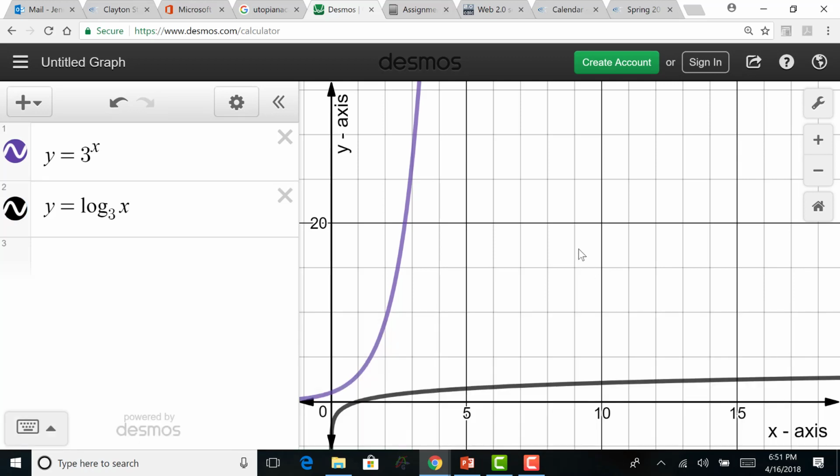And now we have a different curve. See the other curve? The black curve is the inverse. The purple curve is the original equation. So we don't put the equal